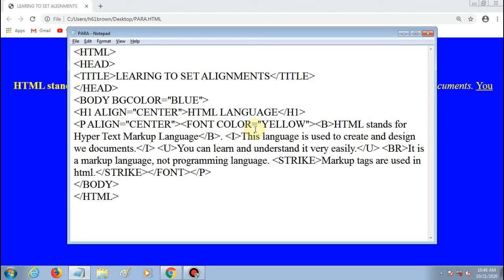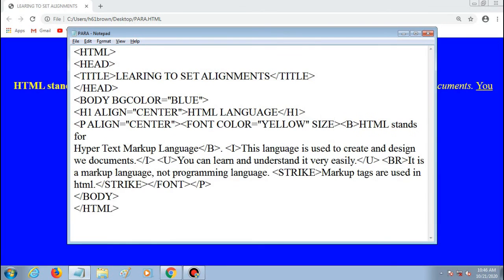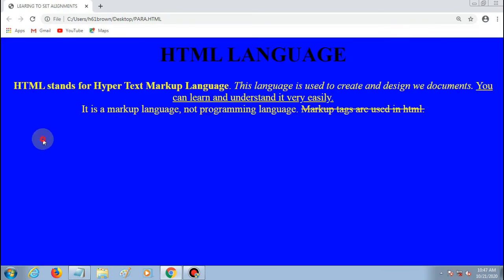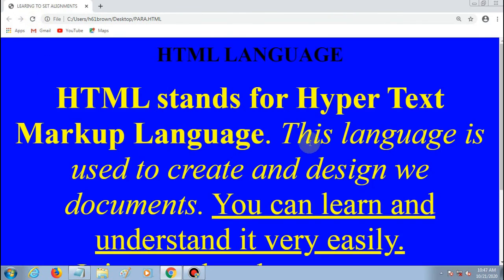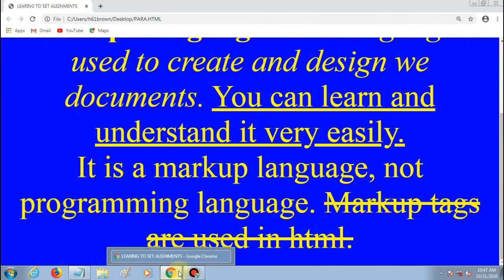Okay, if you want to change the size of font, then use size attribute of font tag and give the value. Here I am giving 10, then save it, reload it. See, the size of text is increased.